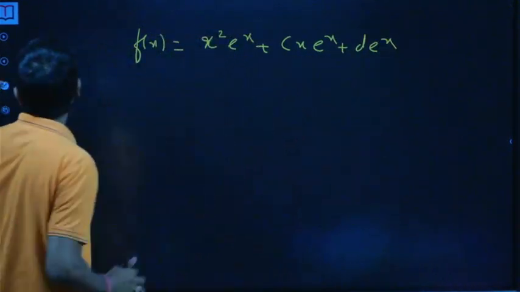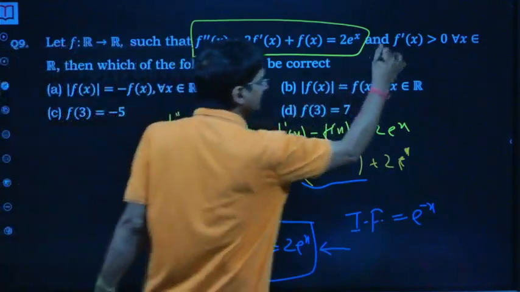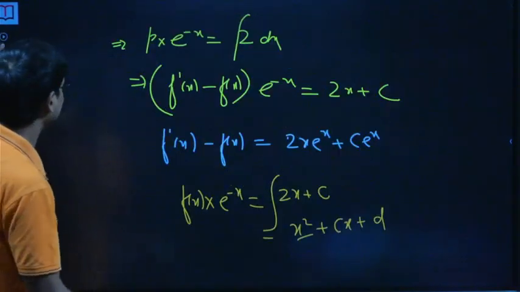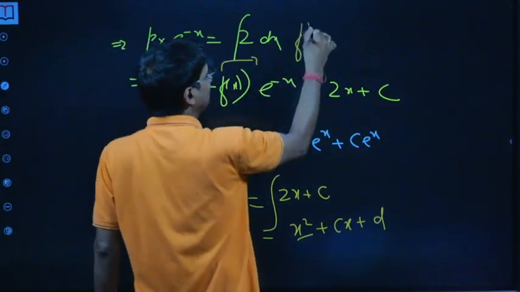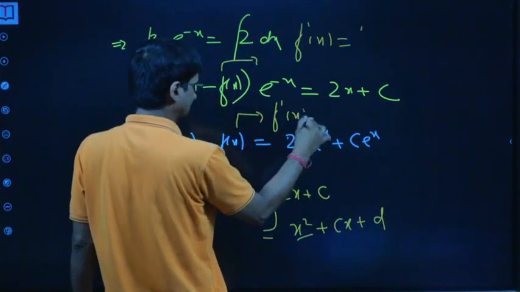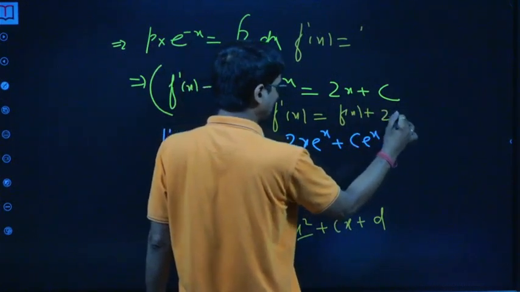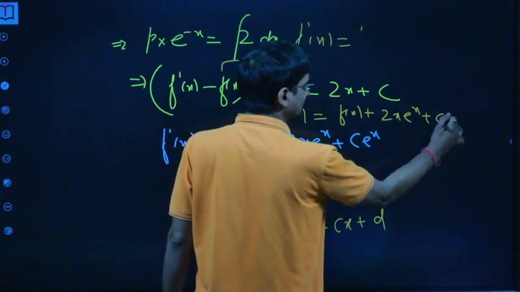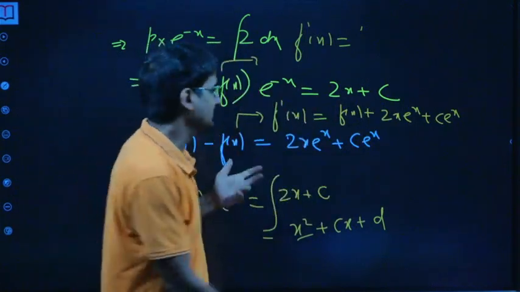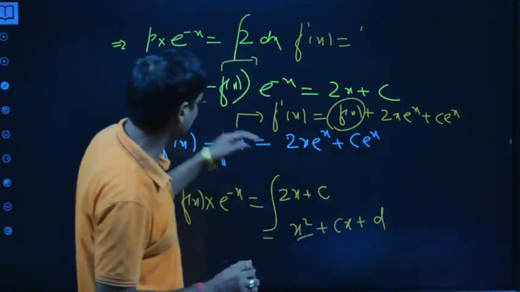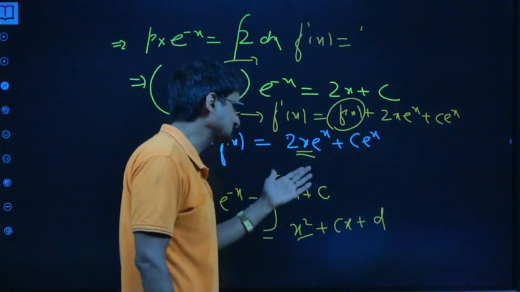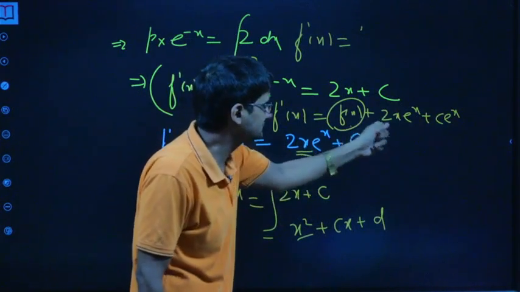Okay, now see, in the question we are given that f dash x is positive for all x. Okay, and what is f dash x? F dash x is nothing but fx plus 2x e raised to power x plus c times e raised to power x, if it is to be positive for all x. Okay, so of course, it's true for all x. So this term has to be positive. I mean fx has to be positive in that case.